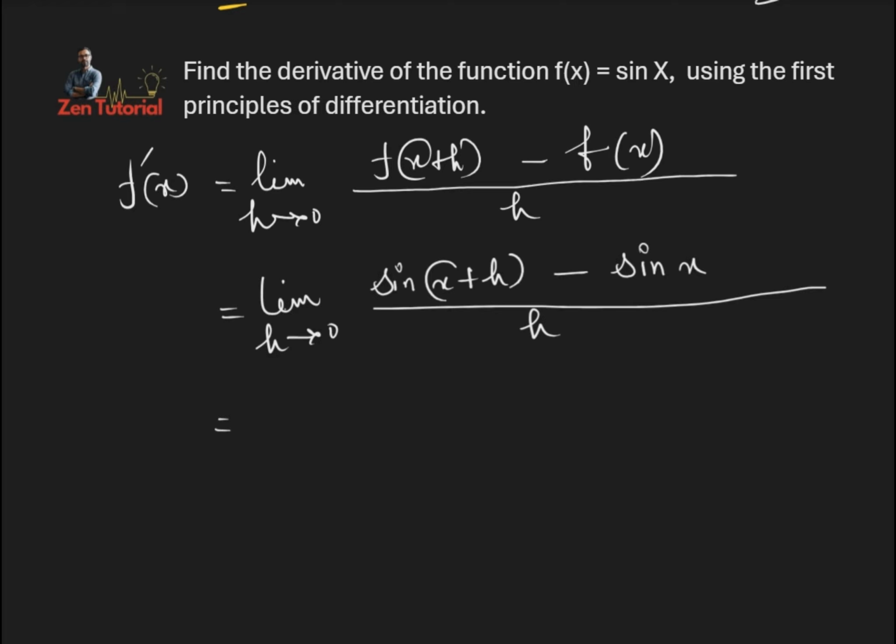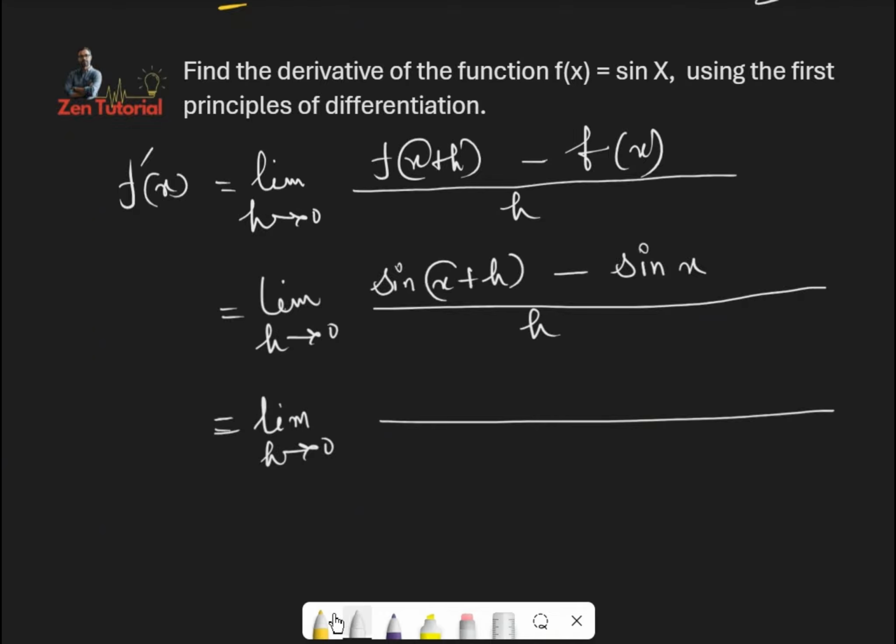Now if we plug in the value of h equals 0, it will become 0 over 0. We should not go for this direction. So what else do we have to do? We have to simplify the equation. Now we can do one thing: sine of x plus h minus sine x. This is actually a trigonometric function. So we know